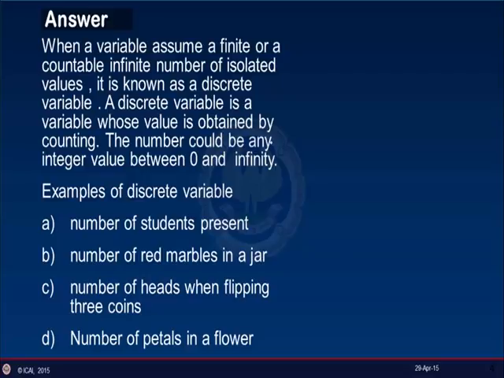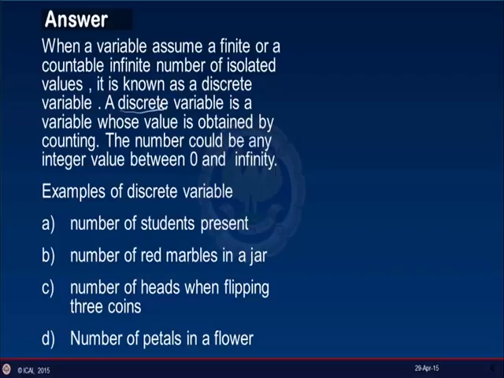But when we talk about a quantitative variable, these variables we can add, subtract, multiply, so it brings a logical result when we do all these operations. Now we will be focusing more on quantitative variables, as we have been asked to distinguish between a discrete variable and a continuous variable. A discrete variable is a variable whose value is obtained by counting, and the number could be anything between 0